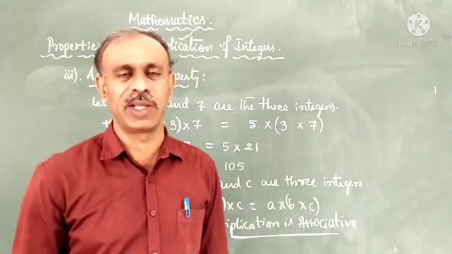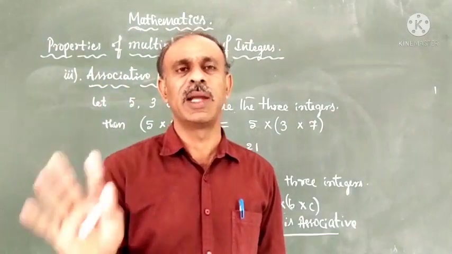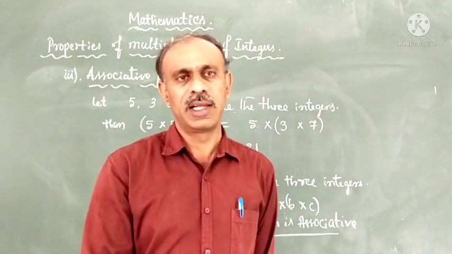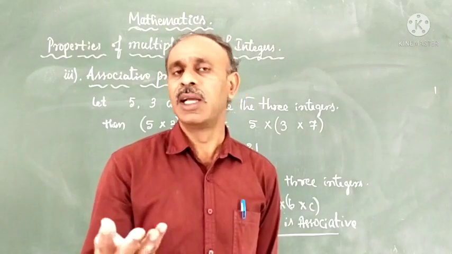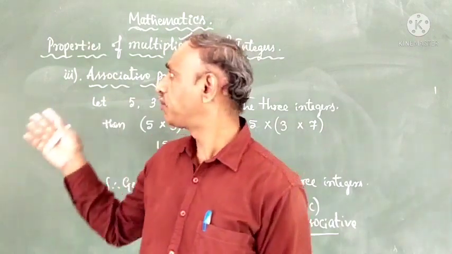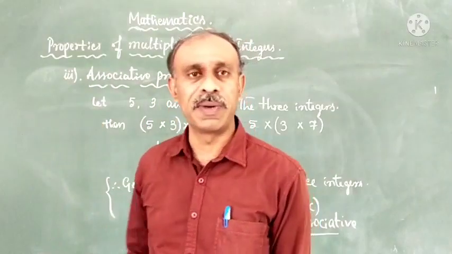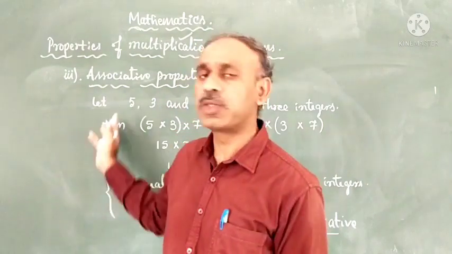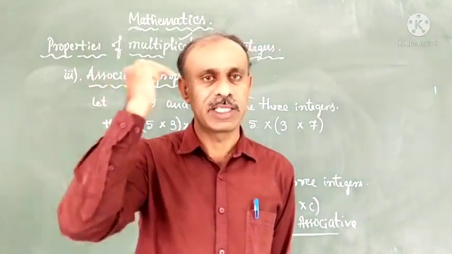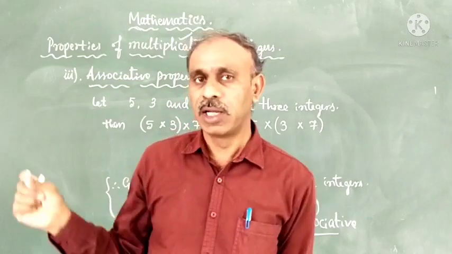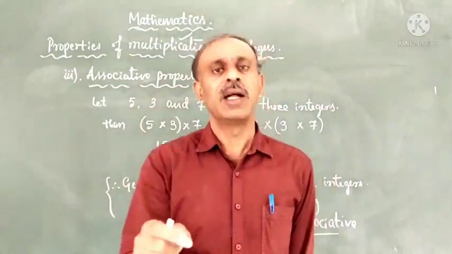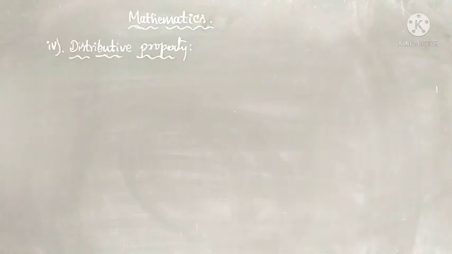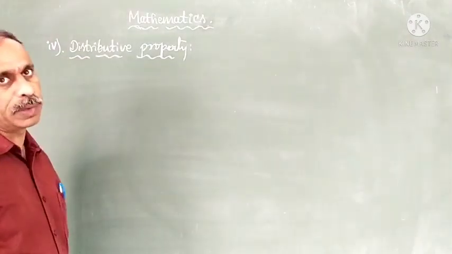If it is commutative, it means under addition A plus B equal to B plus A. Under multiplication A into B is equal to B into A. Right? So under subtraction commutative won't hold, and under division also these properties don't hold good. Okay, all the properties hold good only under addition and multiplication. That you keep in your mind. Except the closure property, which holds good under addition, subtraction and multiplication, but not in division. Okay, next we pass on to the distributive property.